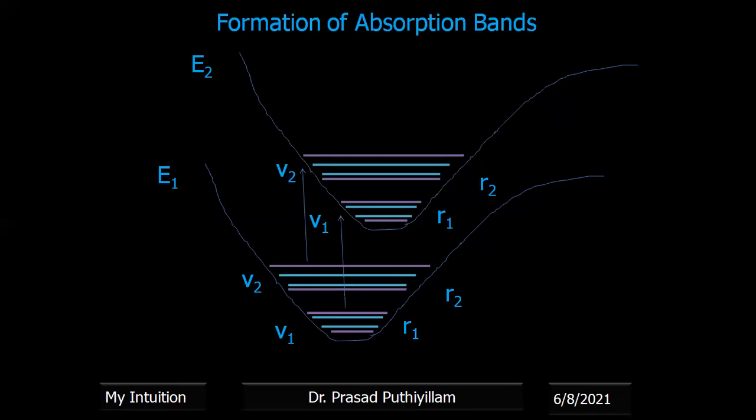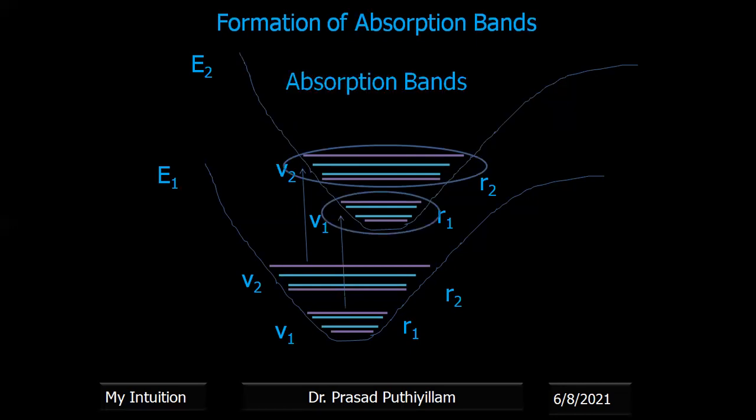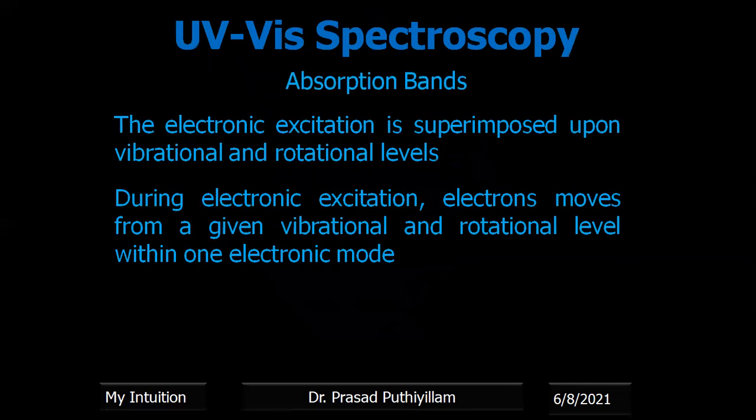Not only is radiation absorbed for the electronic shift, but the lambda, or the wavelength, is absorbed, or photons are absorbed, to undergo the vibrational as well as the rotational motion. Therefore, we can say that these represent the absorption bands. Okay, we are not getting a single peak as such, it undergoes vibrational as well as rotational motion. So it is superimposed.